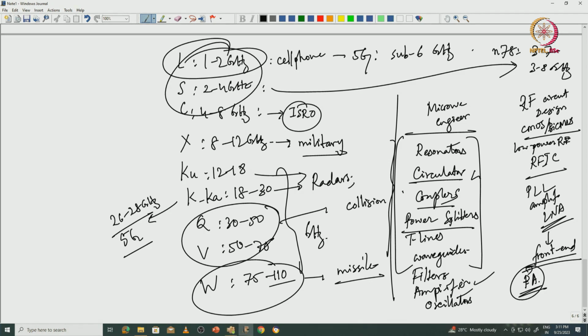Then we have also MMIC designers. MMIC stands for microwave monolithic integrated circuit, and MMIC basically is you implement the entire functionality on a single chip, on a single die, you fabricate everything. You don't bring different or discrete components and put them on the same chip, you actually combine everything out there. So this is called microwave monolithic integrated circuit, and microwave monolithic integrated circuit designers, MMIC designers,